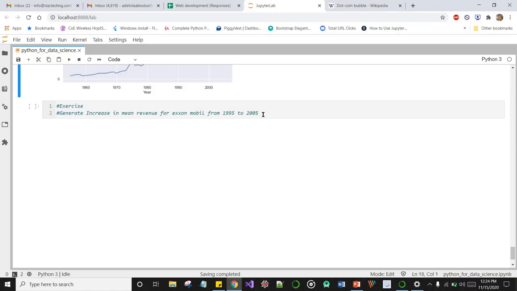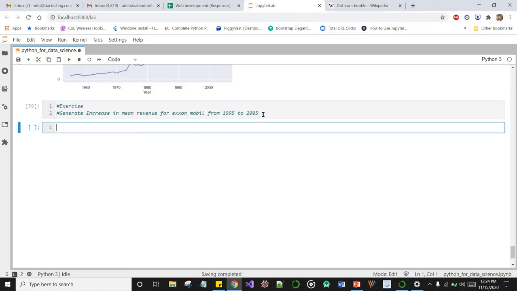So one of the last questions we would want to ask ourselves, as regards the ExxonMobil company, let's say for instance, we can continue asking a lot of questions, right? But let's just stop here because of time. So we can say, in what year did ExxonMobil have the lowest profit? Because we're just looking at ExxonMobil only, so we want to know the year they had the lowest profit.